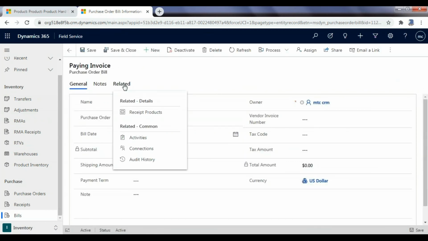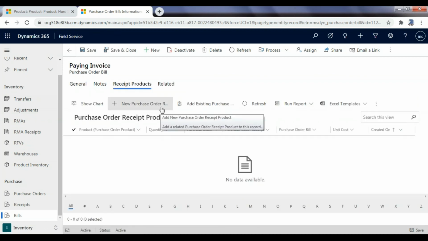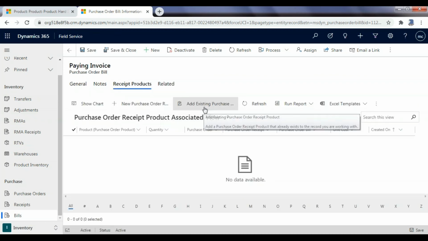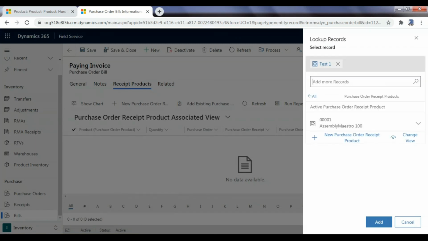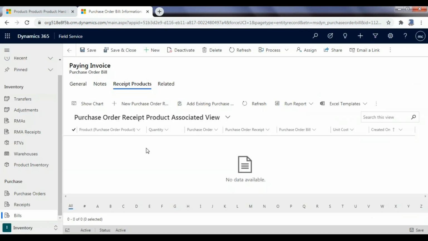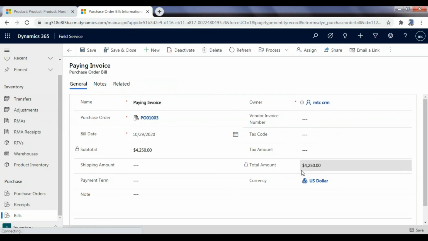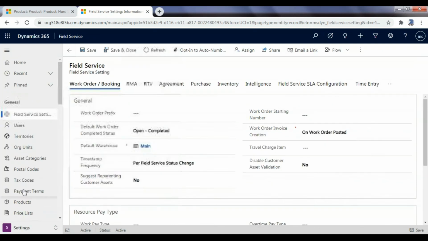Now, in the Receipts Product tab, you can create a new one or add an existing purchase order receipt. I will select Add existing purchase order receipt. You can observe that the total amount is updated in the General tab.